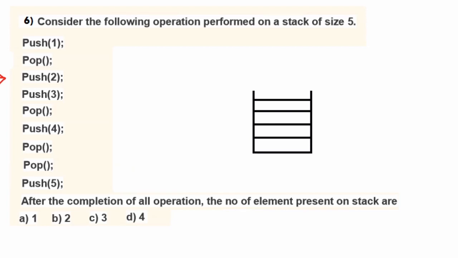So now after this we have push 2, which means we will push the element 2 in the stack. Then the next statement is push 3, so we will push 3 in the stack. Now due to the pop operation we will again remove one element from the stack. After this we have to push 4 in the stack. Now after this, as you can see, we have two pop operations. So because of this we will pop 4 and 2 from the stack. So now the stack will be empty.